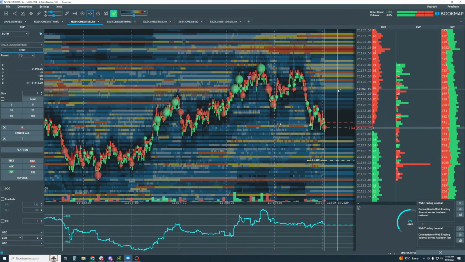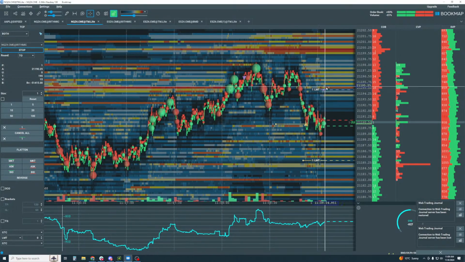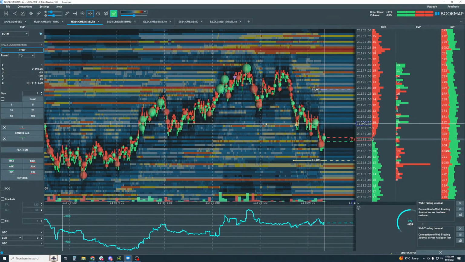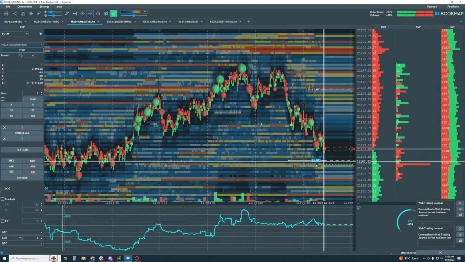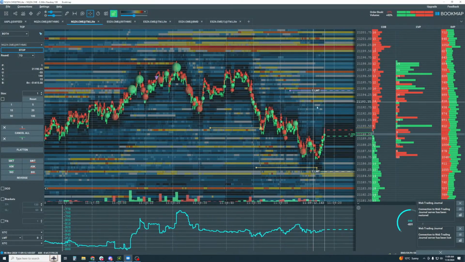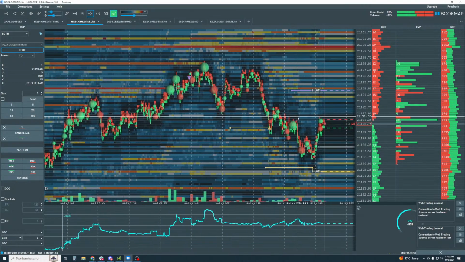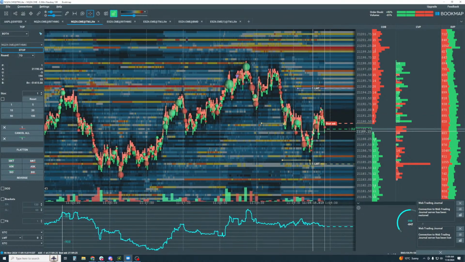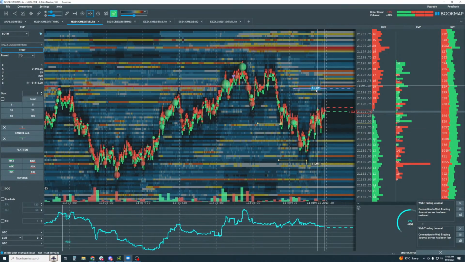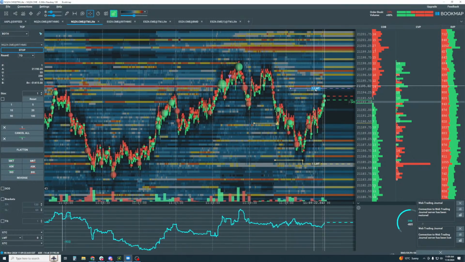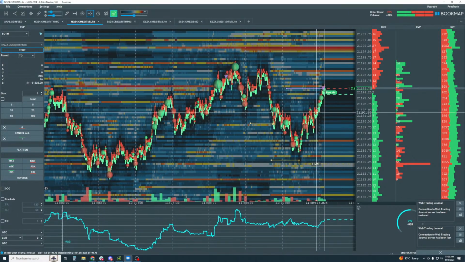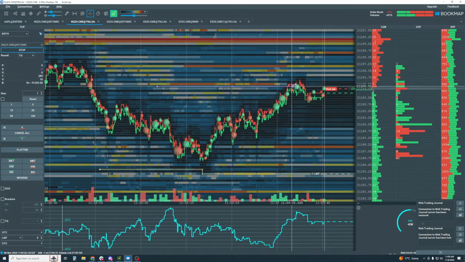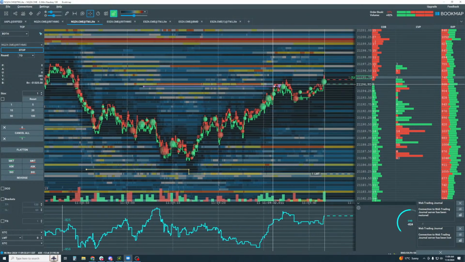Okay, so where might we think of getting out here? Well, maybe up here. Okay, this is where those aggressors came in as well. Okay, so this is where we got in, and we have another one down here. I'm going to move it down a little bit further. Okay, I want to see that high liquidity transact. Okay, so looking good. This is where our limit sell is up here. Okay, we're transacted. Now probably should have pulled that and added it higher, to be honest, because look at that